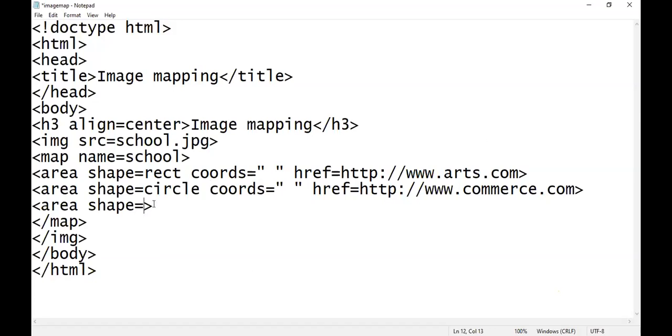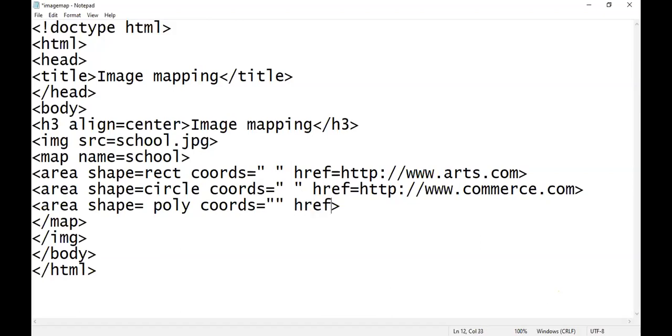So area shape is equal to poly. Then coords is equal to, I'll keep it blank, and then I have to write here any local web page. I have to link here a local web page.